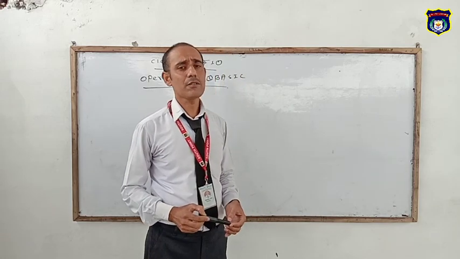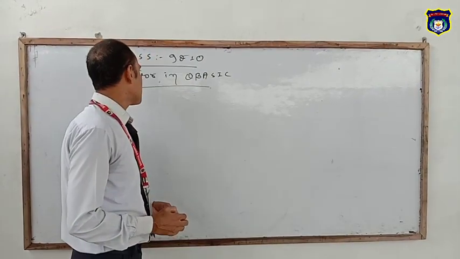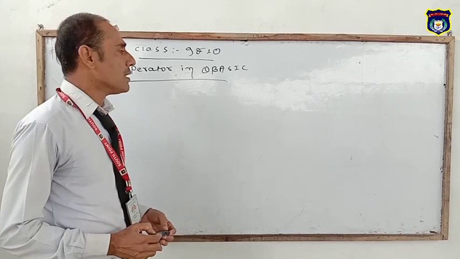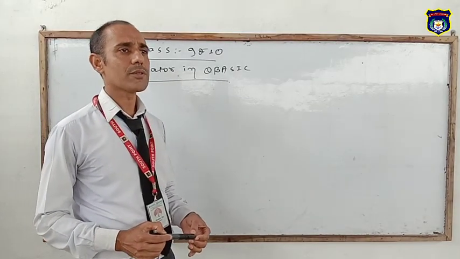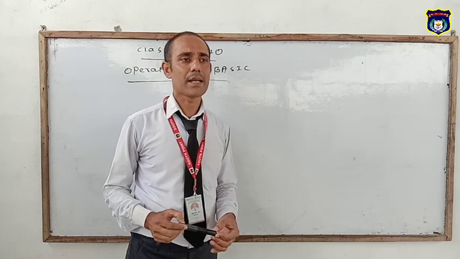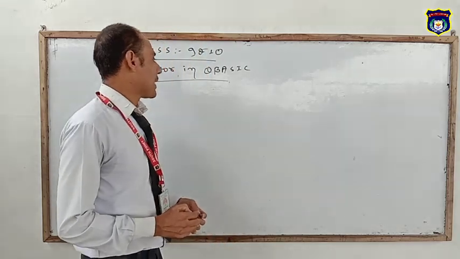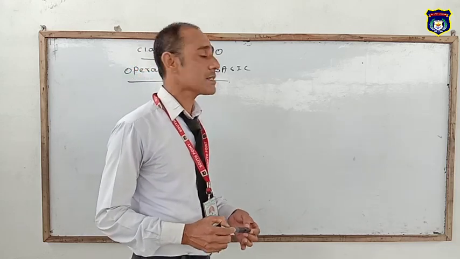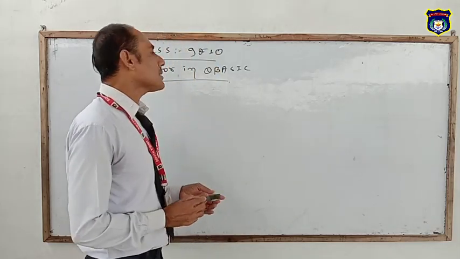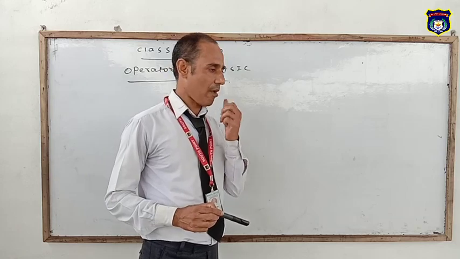Today in this tutorial we are going to learn about operators in programming. First of all, when you design programming, you have to follow some things. These are the most important elements of programming: variable, constant, operator, reserved words, character set, etc. Many things. Among them, operator is one of the most important elements.